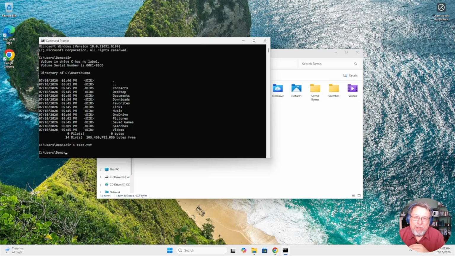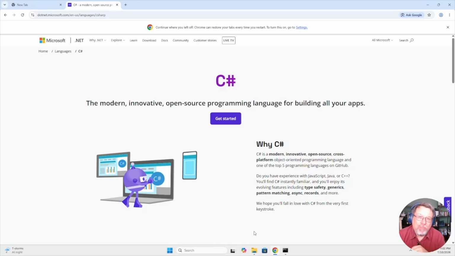So we have several options when it comes to programming languages, almost an infinite number. But what we're going to do is work with a programming language called C#. Now, why am I doing this? We'll get into details on that later once we've gone through a couple of basic lessons, because you may have friends that say, well, why would you learn that? I'll explain later why we've chosen this particular language for this specific set of lessons.